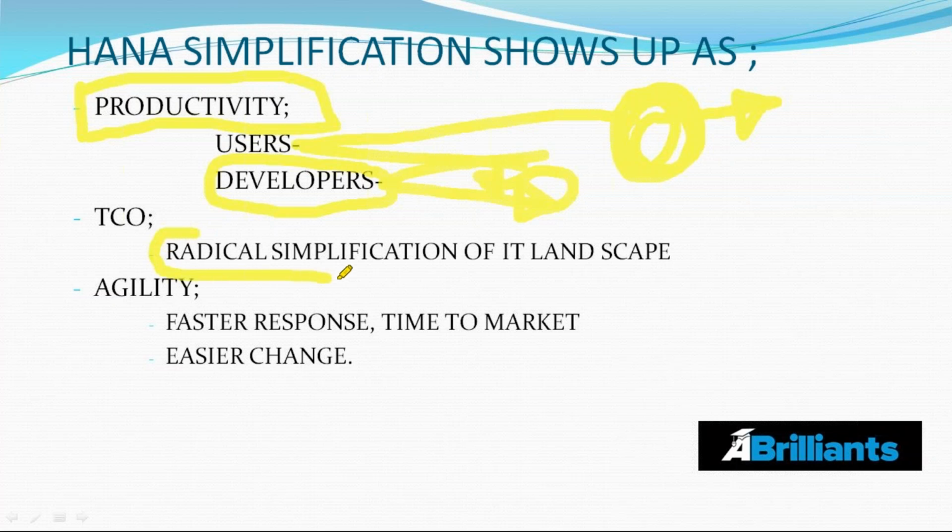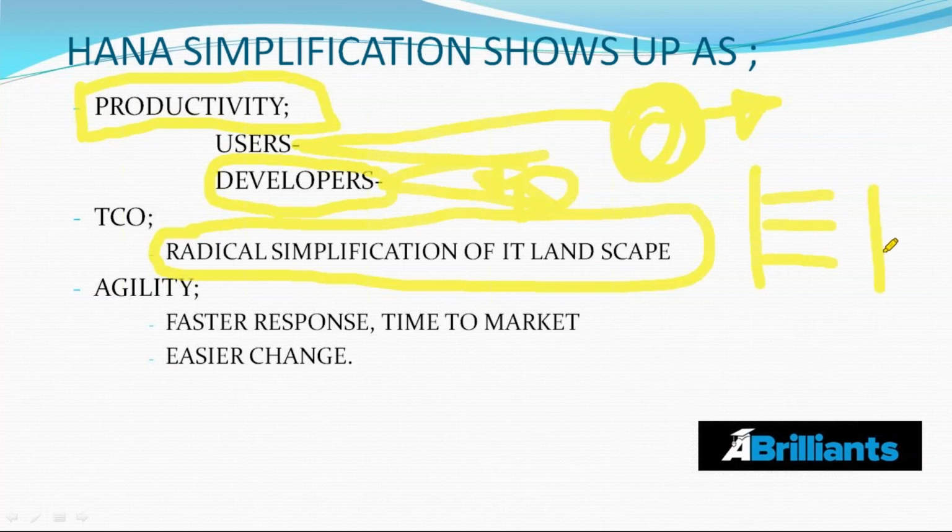There was a radical simplification of the IT landscape as well, like we saw in that chart. For example, in the other chart, we saw how lengthy it was to move from the admin phase to the software phase to the hardware phase. But now, with our HANA system, IT infrastructure became simplified because the three layers were joined together. So the cost of the landscape and the infrastructure did reduce. So there was a cost-effective approach in that sense.